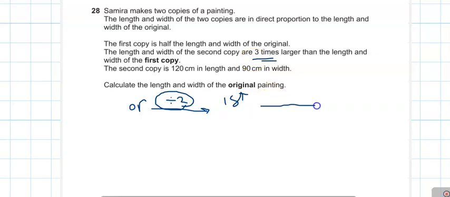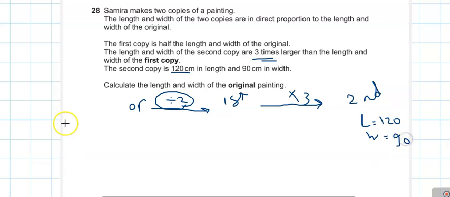To go from the first copy to the second copy, we need to multiply by 3. So if the length of the second copy is 120 and the width is 90, to go back we inverse our operation, divide by 3, so the first copy length is 40